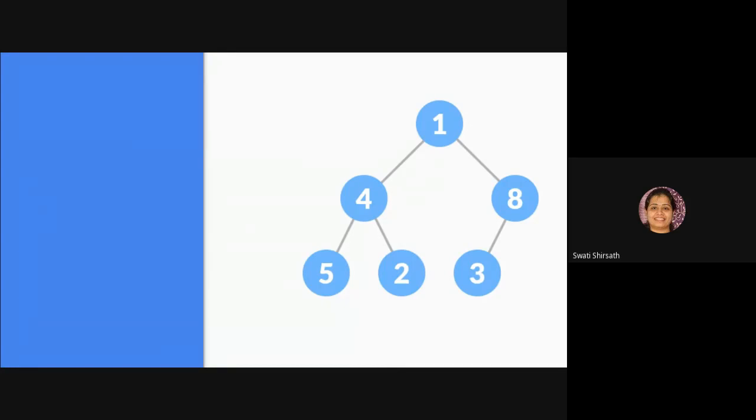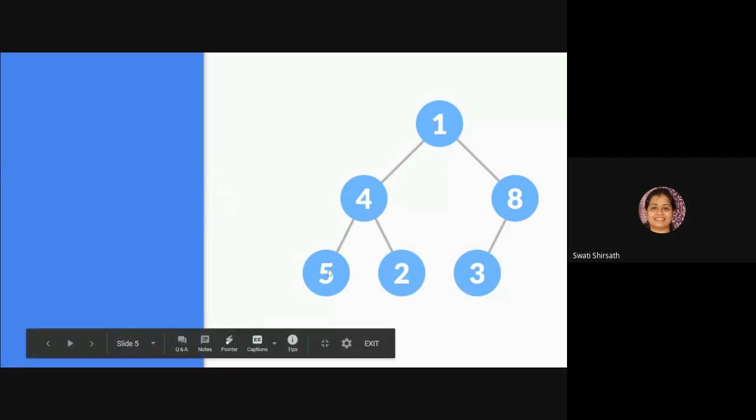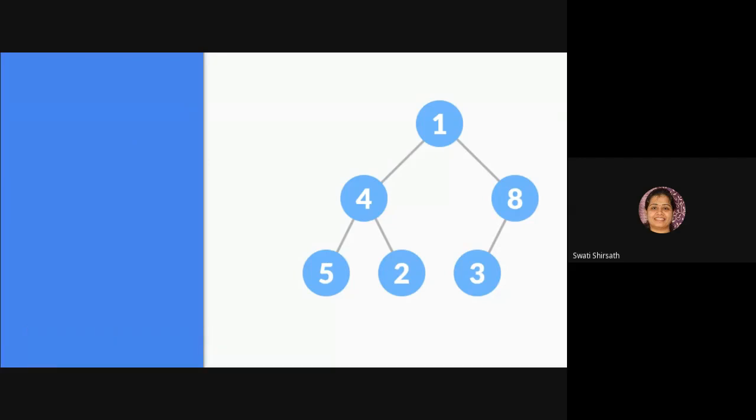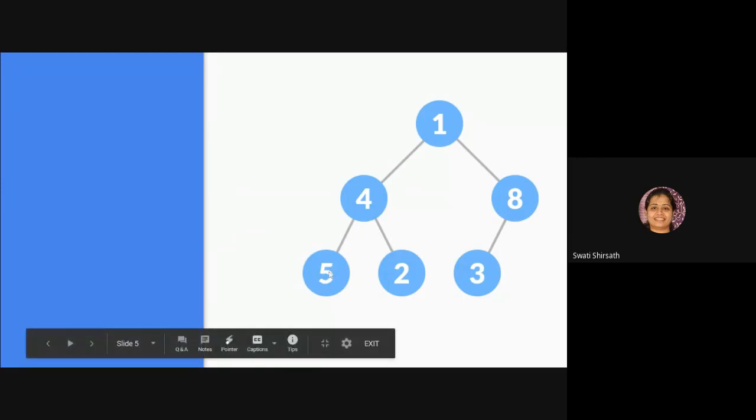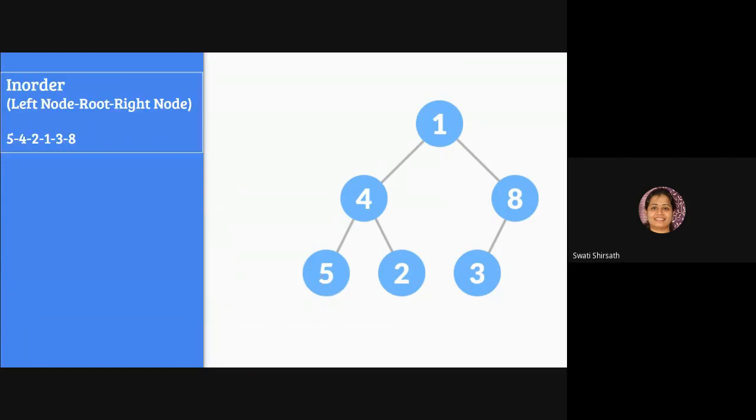Okay, so what we call it is leftmost node. We have to traverse till the leftmost node. Leftmost node means the node in the left side, which is a leaf node. Okay, so that is the leftmost node. Now here, this is the leftmost node. After this we don't have anything over here. 5 is not having any children. So what will we do? We will first write down 5.